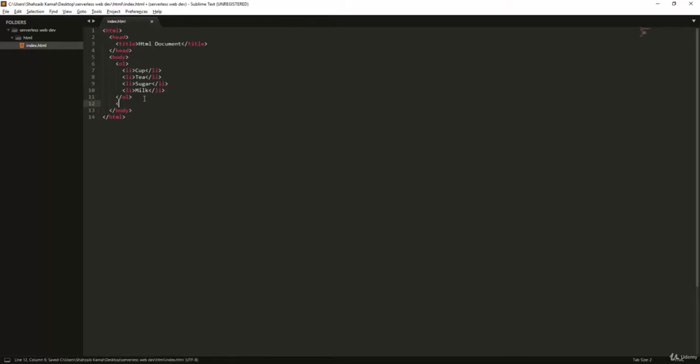I'm just going to make the UL. Inside the UL we can use the li again, just like inside the OL, but these li's will be unordered because the main tag of these li's is the UL. The main tag is the UL, so no problem here. I'm just putting something like pen,